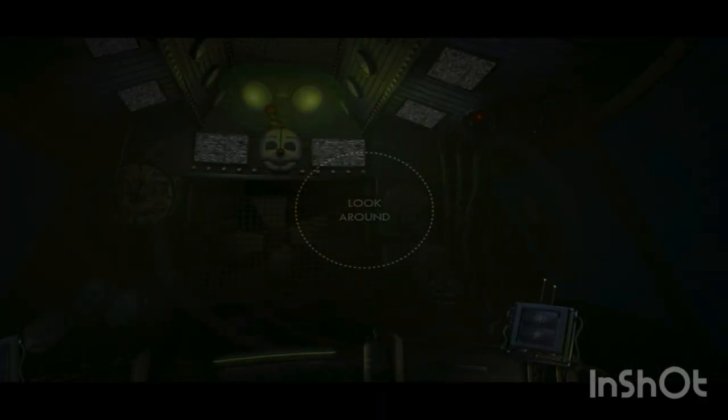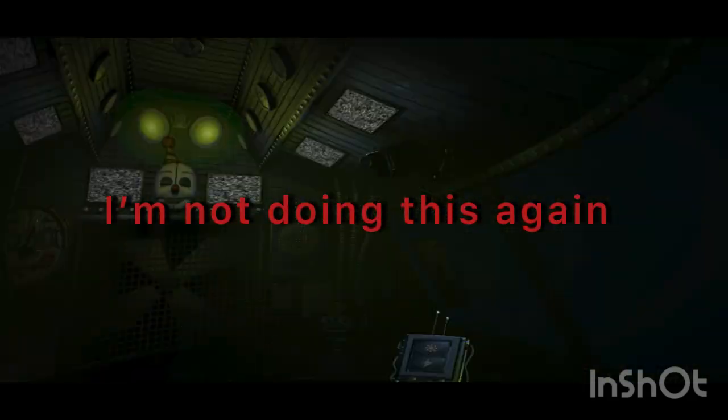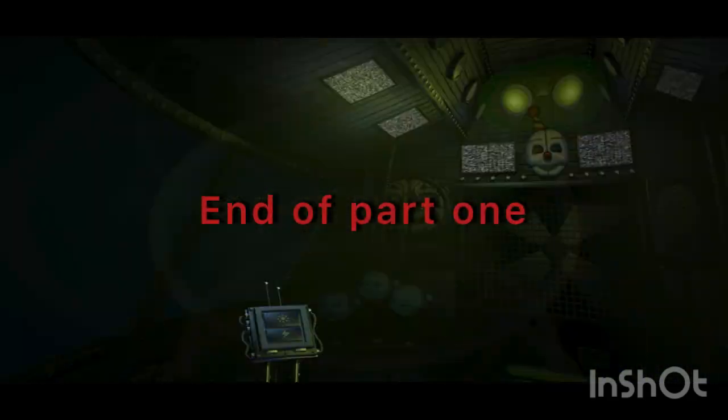You will now be required to crawl through the Ballora Gallery using the vent to your left to reach the breaker room. It is recommended that you stay low to the ground and